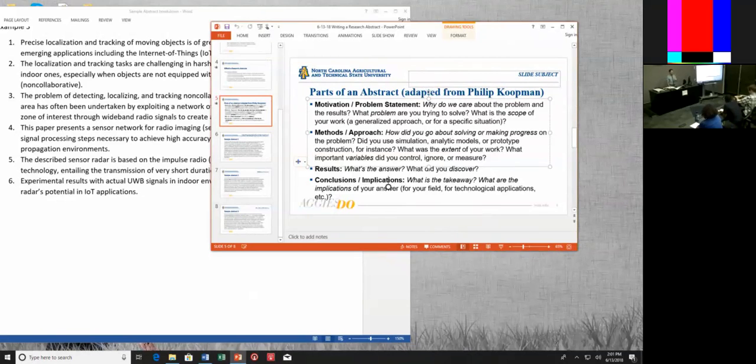Just sit down at the computer and type it out. Say, what is my problem in one sentence that I'm trying to address? Type it out. You might not like it at first. It might not be very clean. It might not be grammatically perfect, but you're going to get some ideas on the page. And that goes back to what I was saying at the beginning.